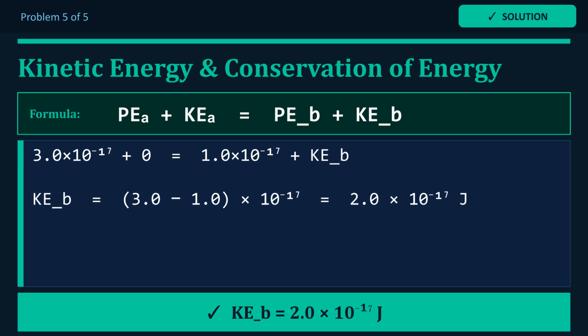The formula for the conservation of energy is initial potential energy plus initial kinetic energy equals final potential energy plus final kinetic energy. Plugging in the given values, we get 3.0 times 10 to the power of negative 17 joules plus 0 equals 1.0 times 10 to the power of negative 17 joules plus the final kinetic energy. This yields a final kinetic energy of 2.0 times 10 to the power of negative 17 joules,